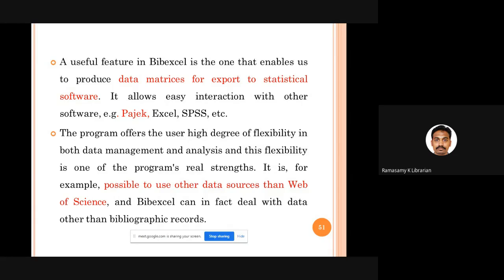Fine. And apart from that, BibExcel supports the data you have taken from Web of Science. You can download data from Web of Science. You can use Scopus data, which is collected in RIS format, Research Information System format. Or Medline data, PubMed data, can be used. So all these data, whatever you have taken, can be used in BibExcel. Absolutely no problem. Okay, it's a robust software.